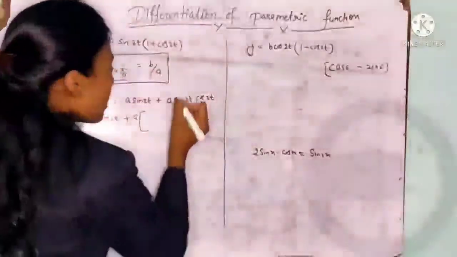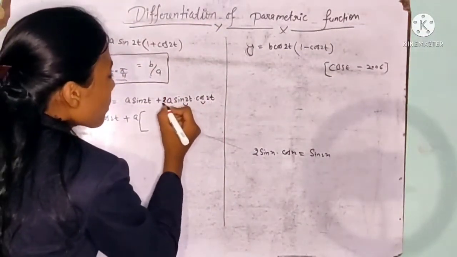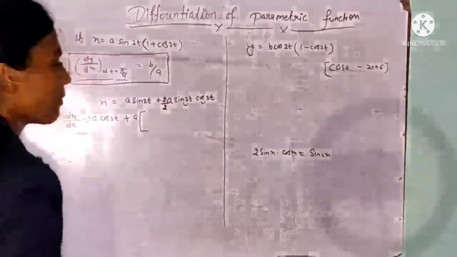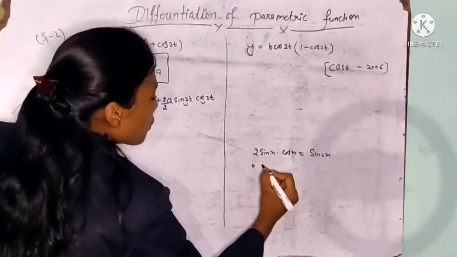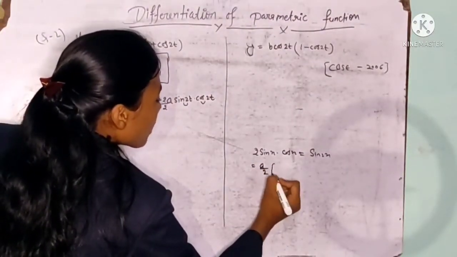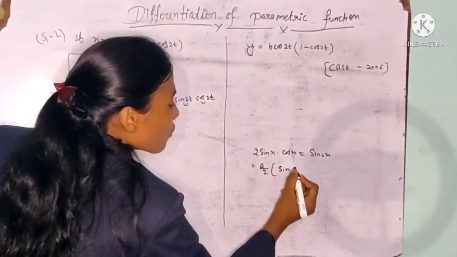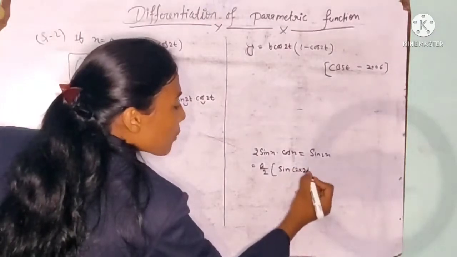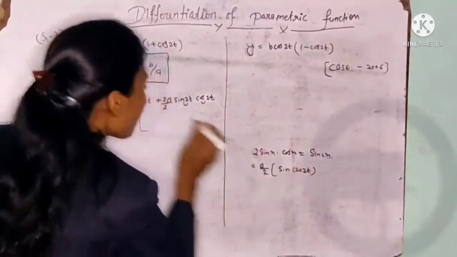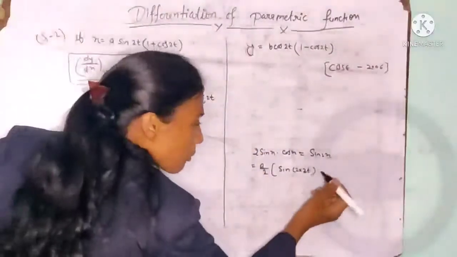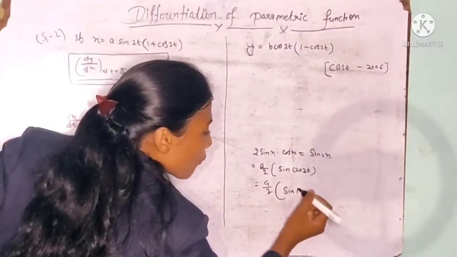So here, if theta is the same, we have 2 sin theta into cos theta. So multiply by 2 and divide by 2. What happened? We get these two functions equal to a, which is common, so a by 2 we take out, and 2 sin theta into cos theta, sine of 2 theta. Our theta is 2t, so we get double here. So we get a by 2 upon sine 4t.